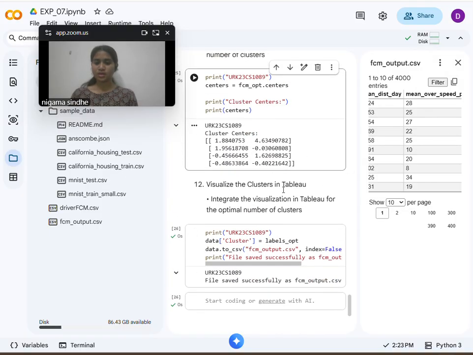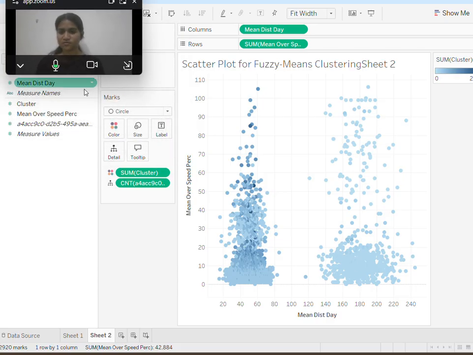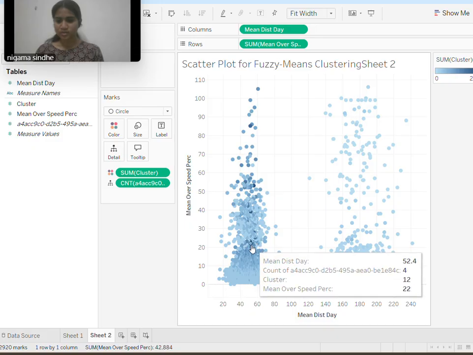So now we are going to visualize this output which we have got in the CSV file, importing it in Tableau, and then we are going to visualize how it actually looks in a data visualization table. This is a plot which has been plotted using the CSV file we got from the previous step. From the measures which we have taken here, from the CSV file we got mean, distance, and some measures. Using these measures we are going to plot x and y, and then using this cluster variable as the color categorical variable. So as you can see here,